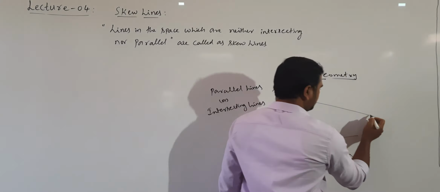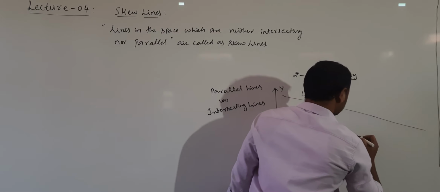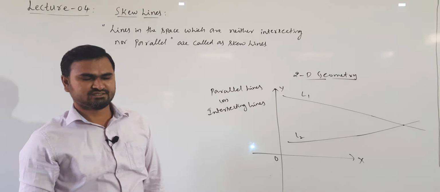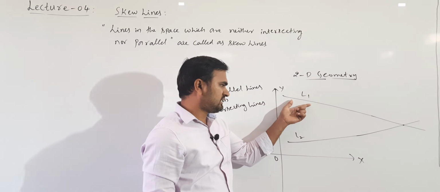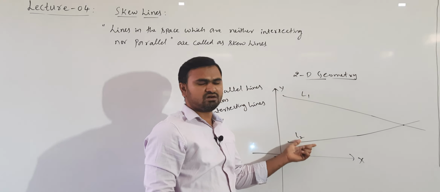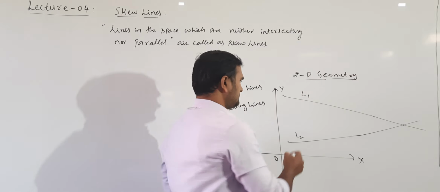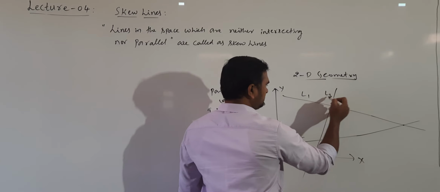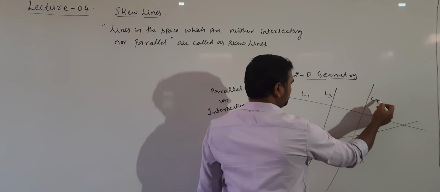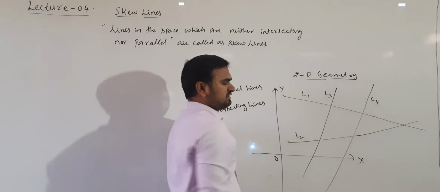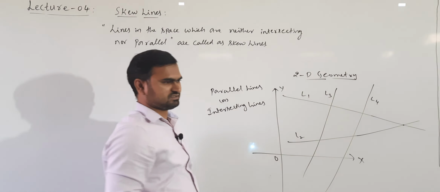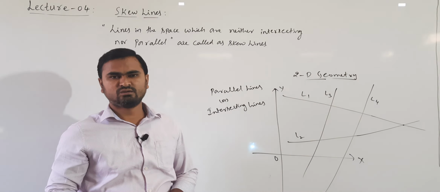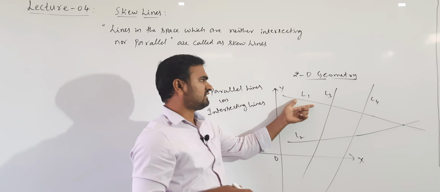So if I extend these lines like this, somewhere they will be intersecting. So the lines in the plane either will be intersecting or they will be parallel. Okay, so this L1 L2 are intersecting. If I take L3 and this is L4, these are parallel, they will never intersect. So there are only two types of lines, either parallel or intersecting in the plane, that is in